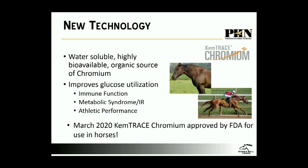How does that benefit a horse? Well, every function in your body or your horse's body is actually fueled by glucose. Glucose is the energy source for life, as well as oxygen, but oxygen's not really an energy source. So we need glucose. It's going to help with the immune function. Horses with metabolic syndrome or insulin resistance, chromium is going to help there, but also with athletic performance, milk production. I mean, there's so many areas that glucose is used, and by adding chromium to the diet, we can improve